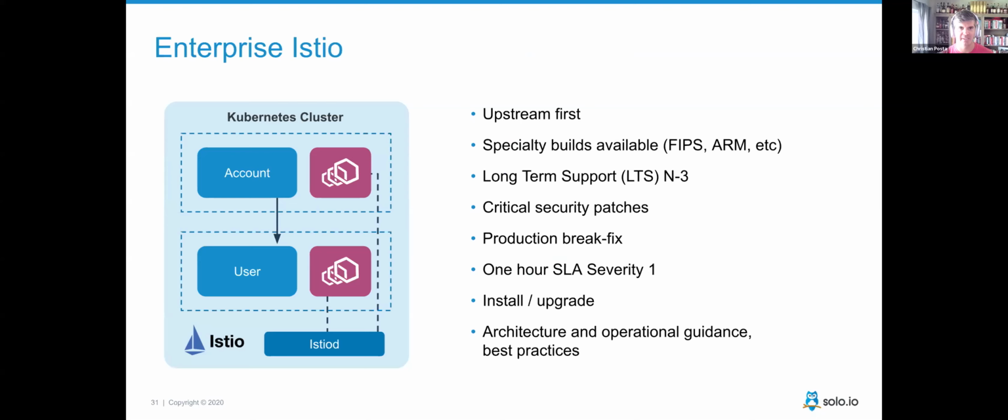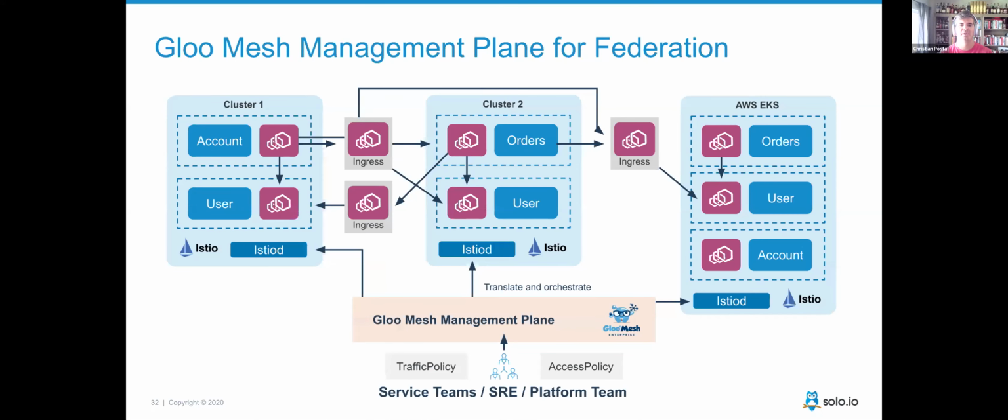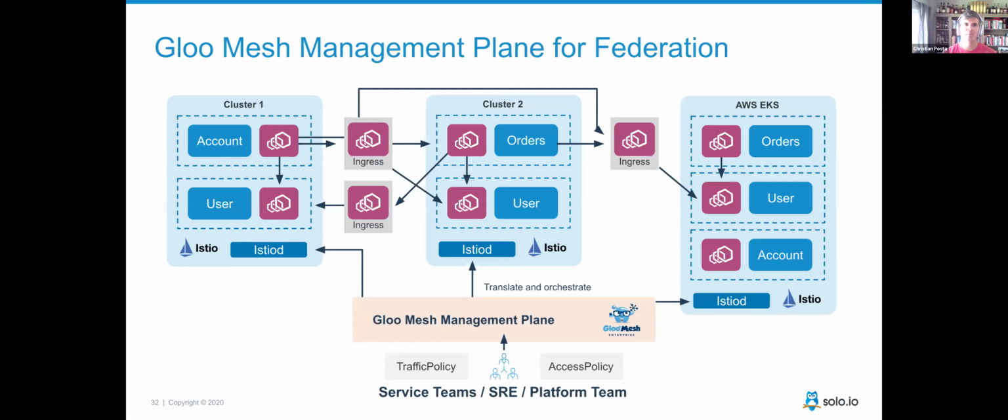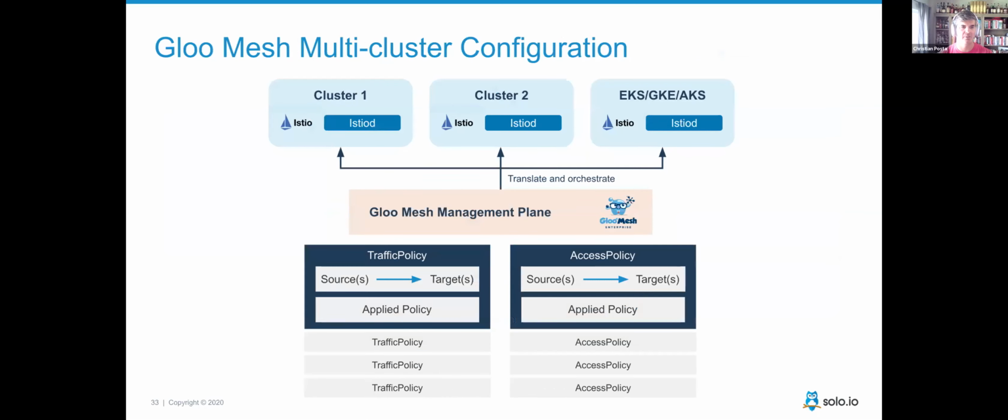All right. So let's skip some of this stuff. Ultimately, this is what the GlooMesh deployment looks like, right? So you start off with Istio, right? You have production support around that, some specialty builds for those running in government environments, government workloads around FIPS. So we have all that. But then once you start to deploy that across multiple clusters, the management plane piece for automating and keeping this architecture up and running successfully. Right, and we're going to take a closer look at the APIs that we will use on top of the management plane